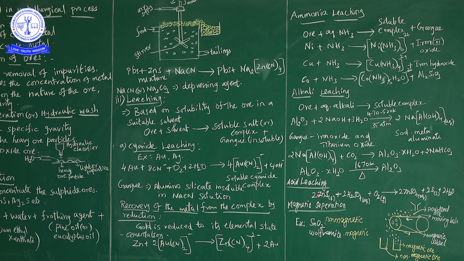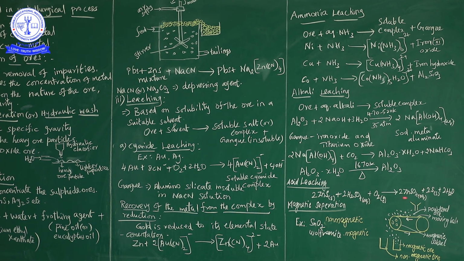Sulfide and carbonate ores are all insoluble in water, immiscible with water. We already know this from practicals. So, the zinc sulfide ores, which are insoluble in water, are applied to acid leaching. That means they are heated with hot aqueous sulfuric acid.